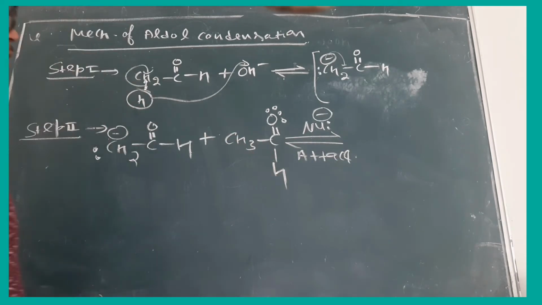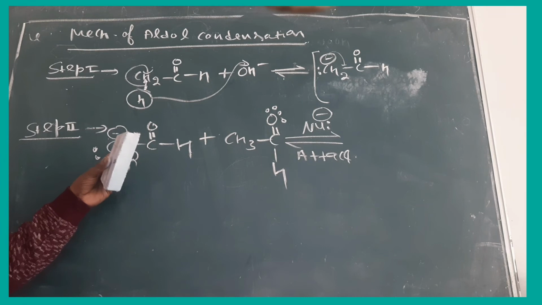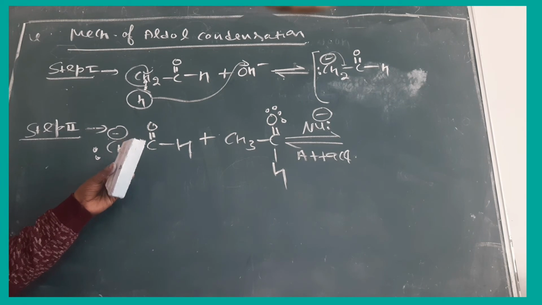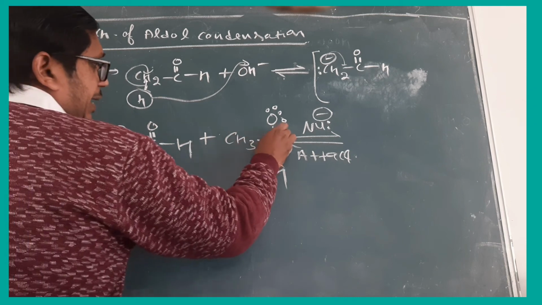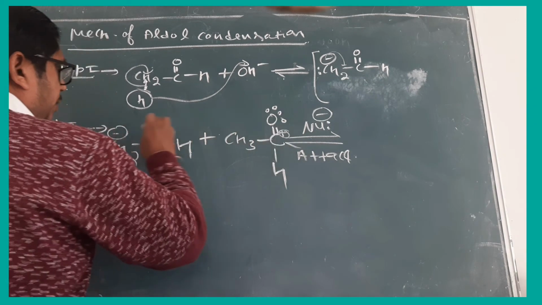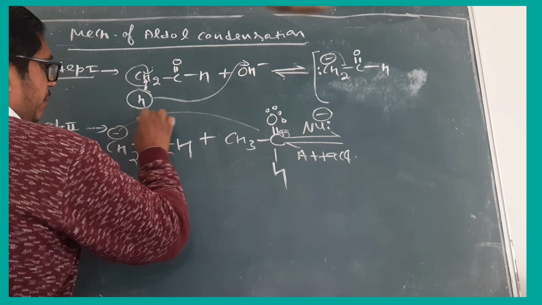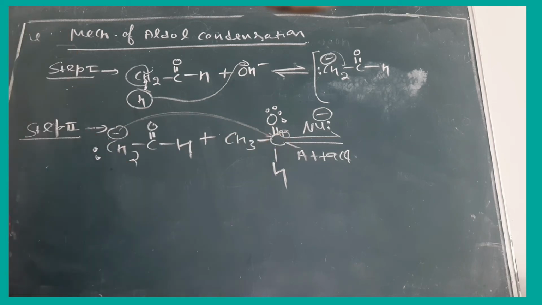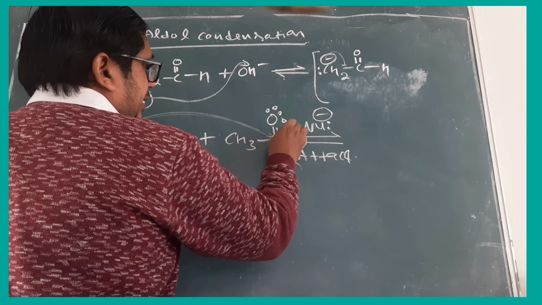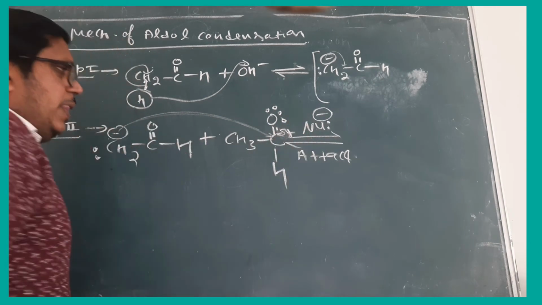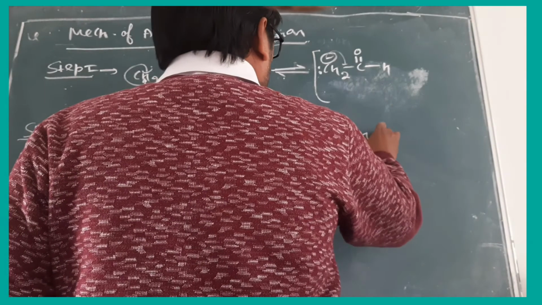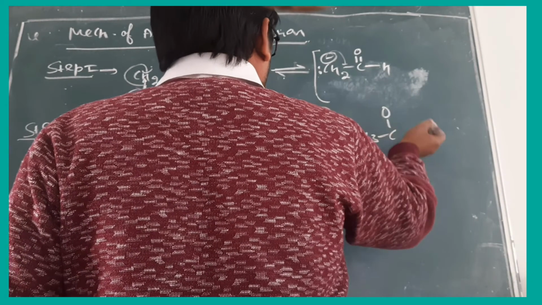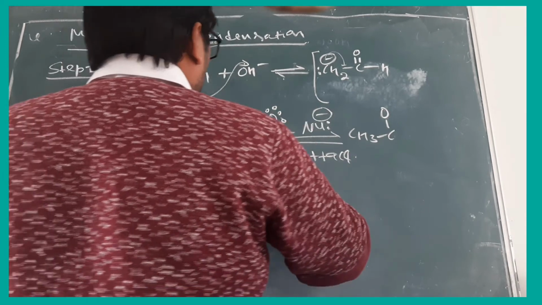Now in this case, there will be the nucleophilic attack. Can you tell me where it will be? Obviously, this is CH2 negative and carbon is always positive. So this CH2 negative will go to the carbon positive. But please don't write that as a slightly positive. Then what is going to happen over there?